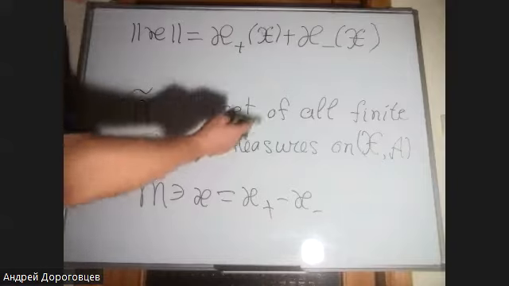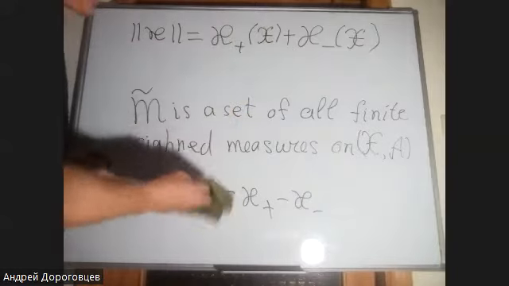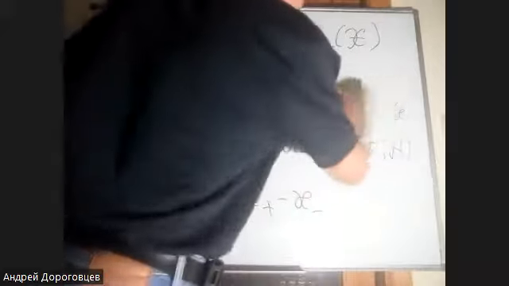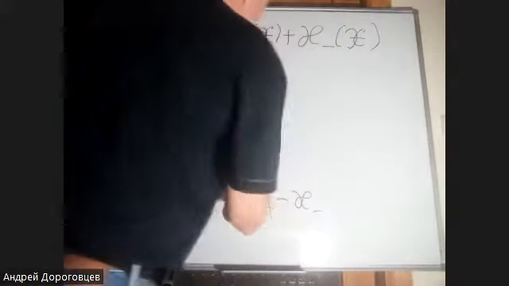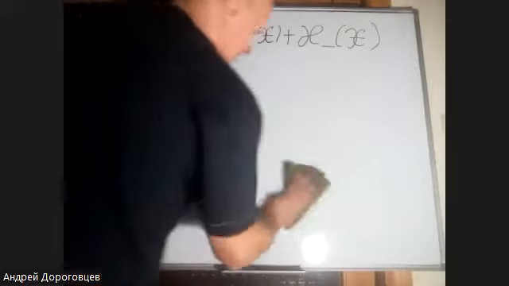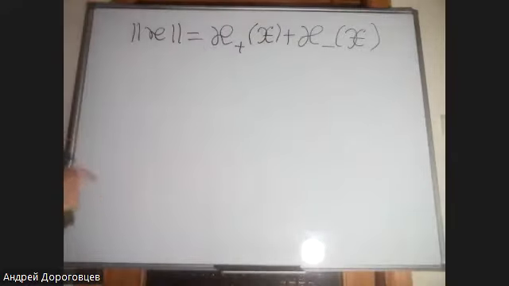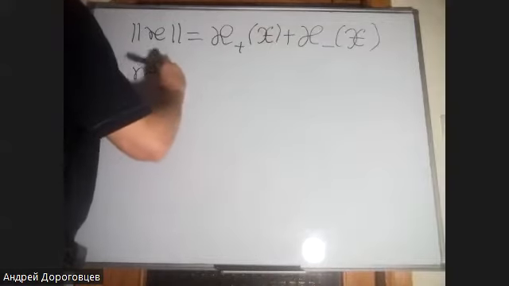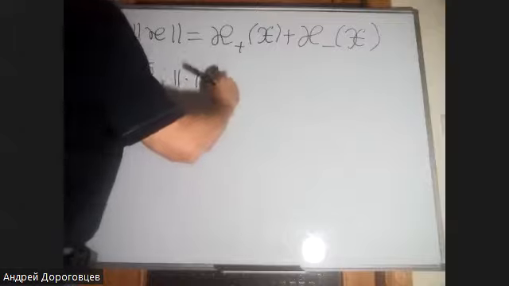But we easily can construct an example of measures which give us non-separability of the space. So M with the norm is non-separable